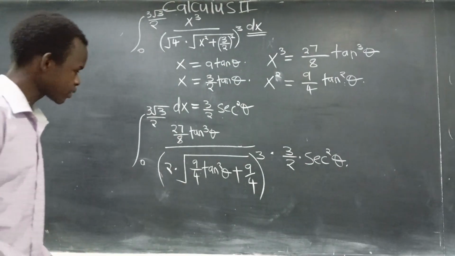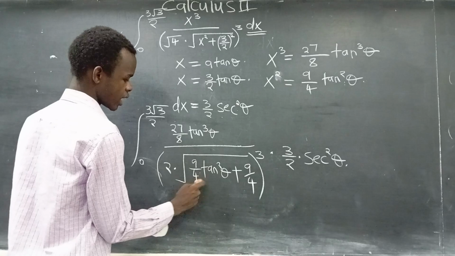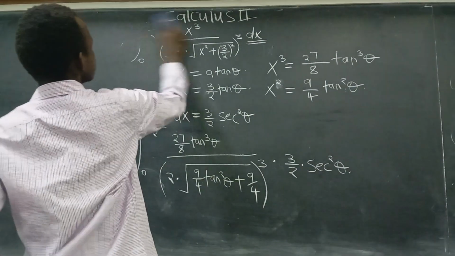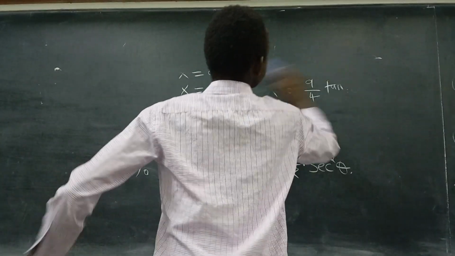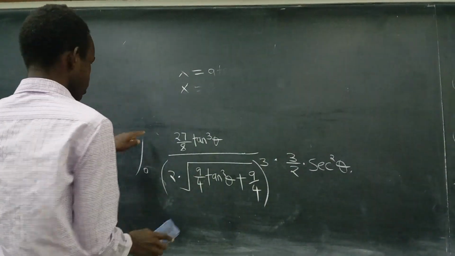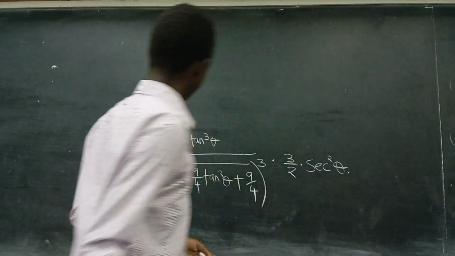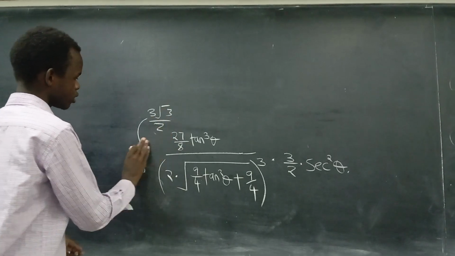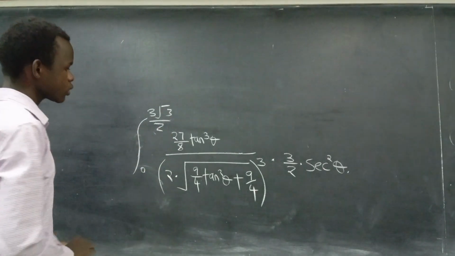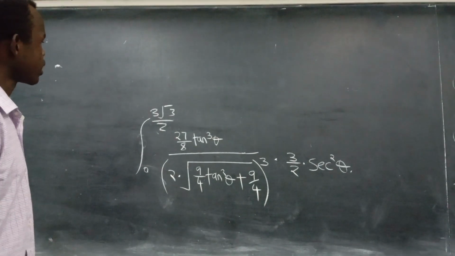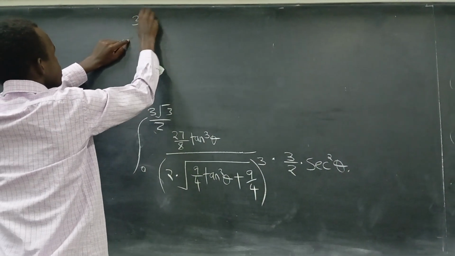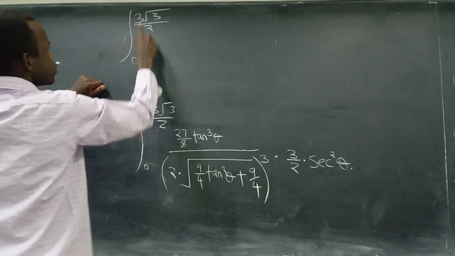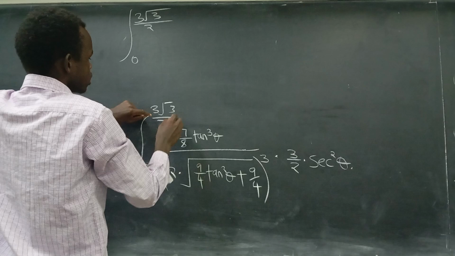So from there, let's factor out 9 over 4 from this part. So factoring out 9 over 4, there's an integral here. There's an integral here from 0 to 3 square root of 3 divided by 2, remember. So let's factor out our 9 over 4 from here. We'll get 3 square root of 3 divided by 2, the integral from 0 to that. These are the bounds. So 27,